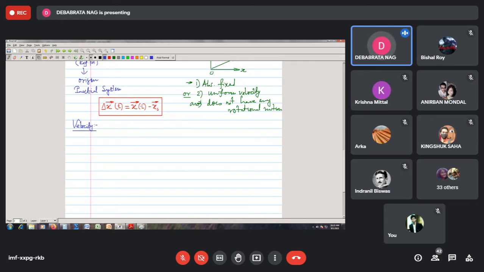In case of velocity, we first find out that this is the displacement that the particle is suffering between the two times, say t equal to 0 to t equal to t. So I can say that the average rate of change of this displacement will be delta x bar t divided by delta t, and this we can write as